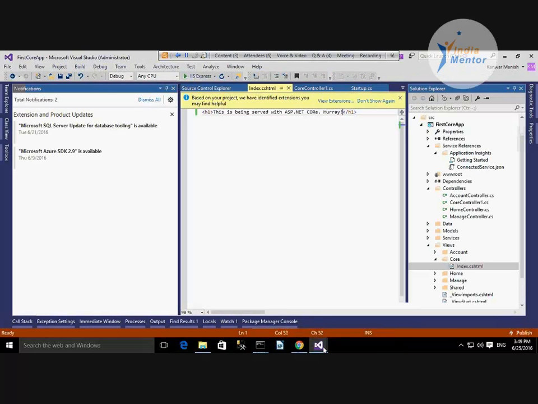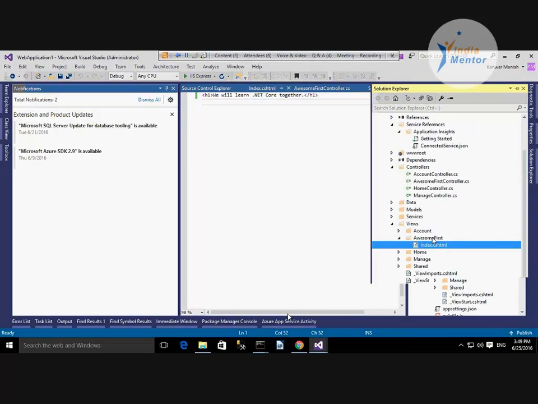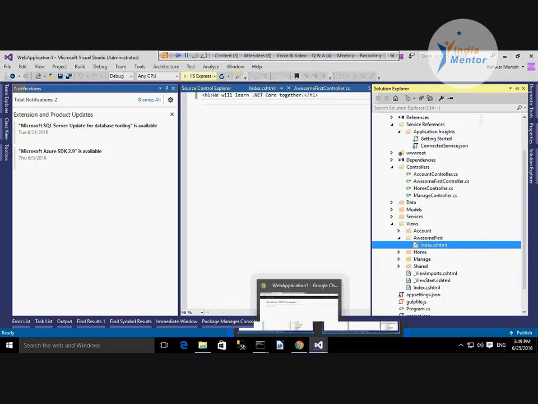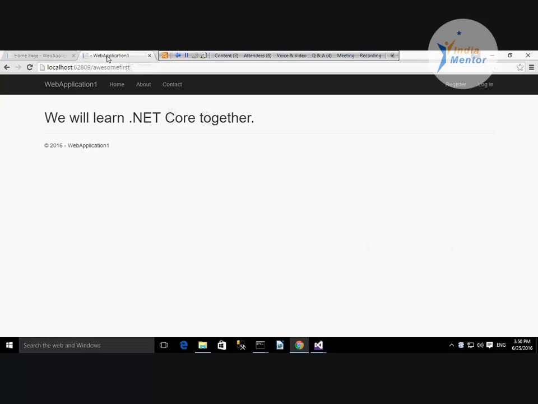In a similar fashion, in another application, we have a controller here by the name of AwesomeFirst. AwesomeFirst is the controller. You have similarly a view inside it, an index.cshtml defined here. Let me try and run this. So what this does is serve you a page, something very similar to any MVC application.